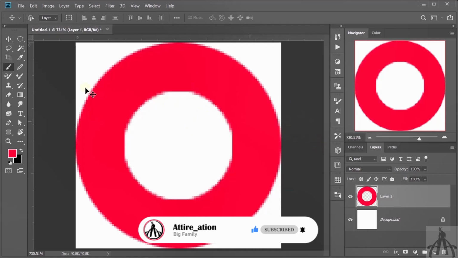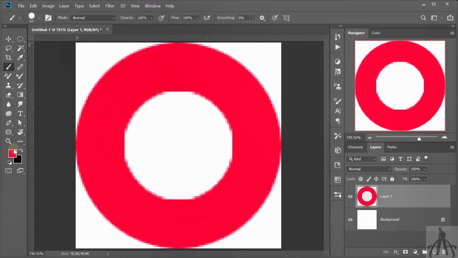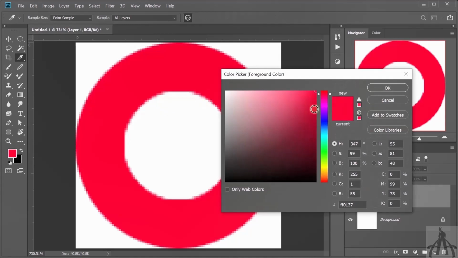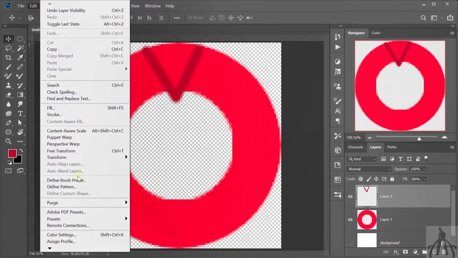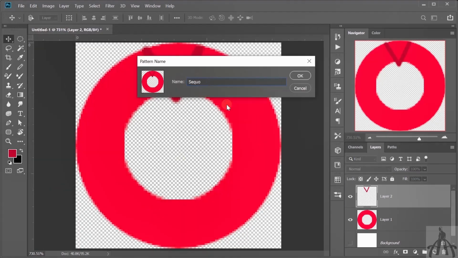We can draw 2 or 3 lines here. I will be using the same color thread but a little darker than it. Select your brush tool and use the shift key to draw a straight line. Tap once and tap again while pressing the shift key. Keep your stroke a little out so that it can give you the effect of being stitched. After that, remove its background and save it as a pattern from the Edit option.